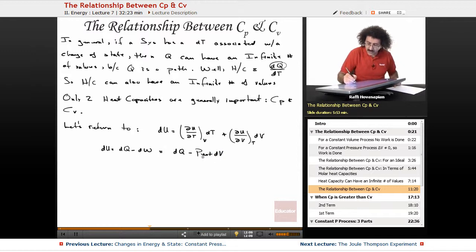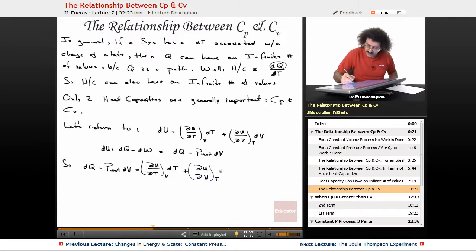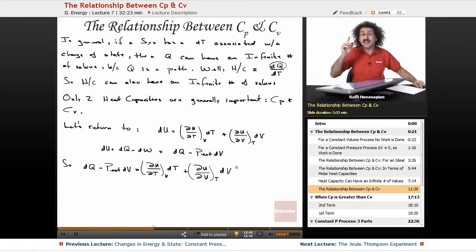The definition of work is pressure times volume. So we have our equation, dq minus P external dV is equal to this side. It's going to be (dU over dT at constant V) times dT plus (dU over dV at constant T) times dV. Okay, now let's see what we can do. At constant pressure,